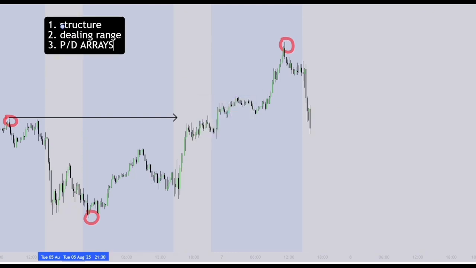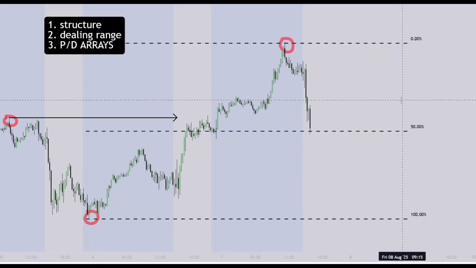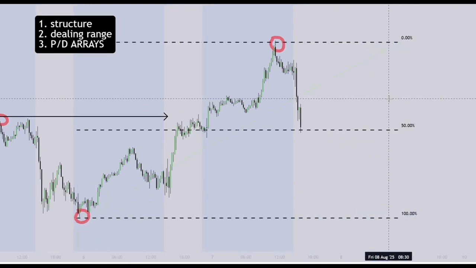The PD arrays, or the premium and discount arrays, simply represent two sections of the dealing range, right? It represents the discount and the premium. So look at how I've done that. The fib tool is used and abused by almost every trader I've seen, right? If you're not using premium and discount to understand where your fair value gaps are, you're not really trading. You're a chartist. You're somebody who uses the fib tool to think you are trading instead of using the fib tool to understand how to trade. They're two different things, right? Using the fib tool as a chartist and understand